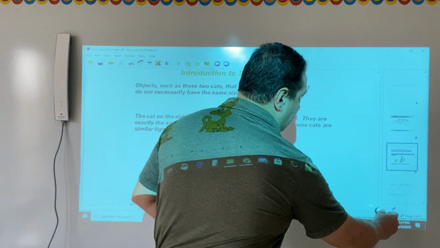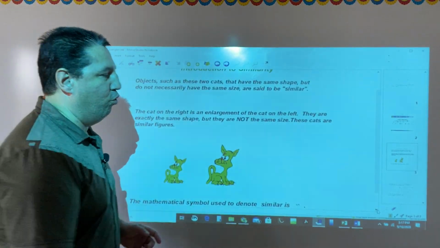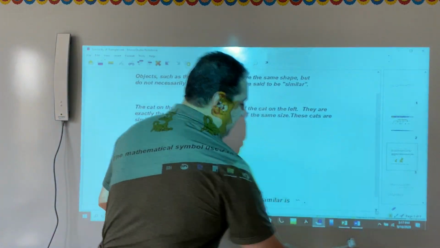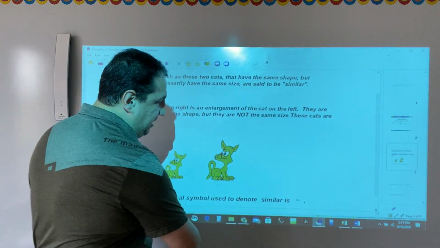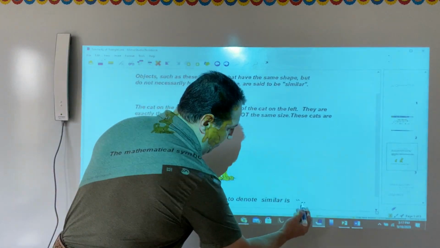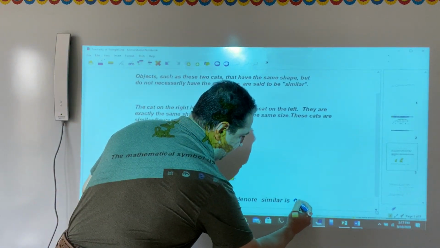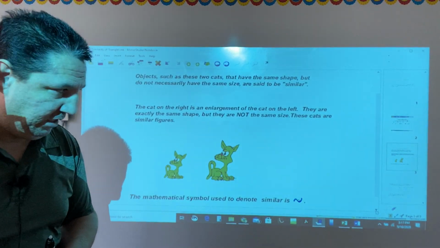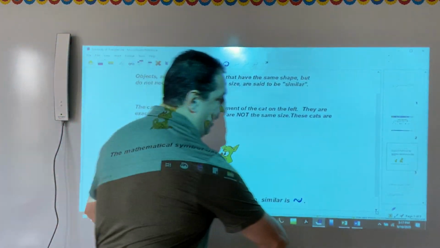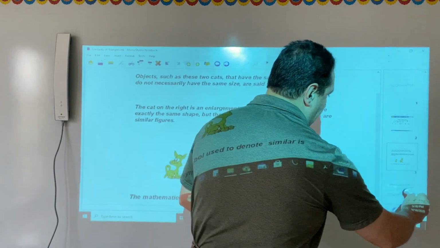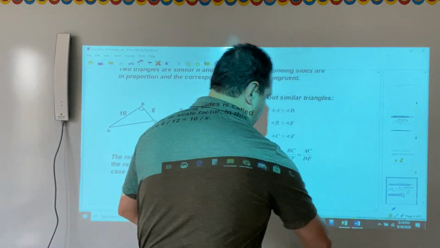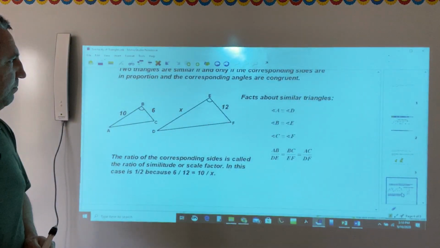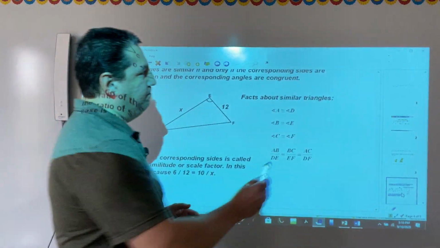We use a symbol for similarity, and this symbol is written here. Yeah, this is the symbol for similarity. Good. Now, let's move to another slide. We have